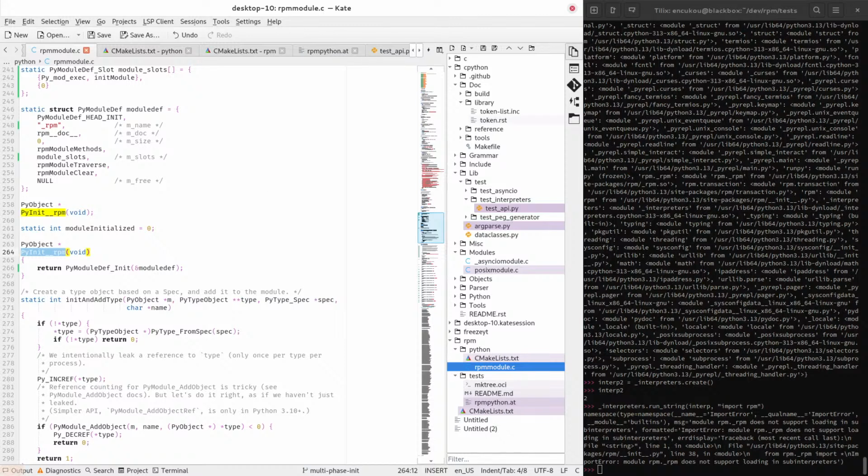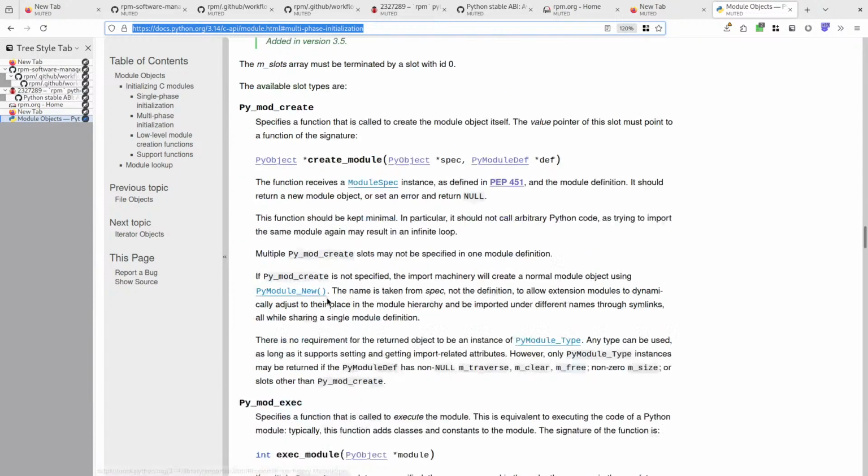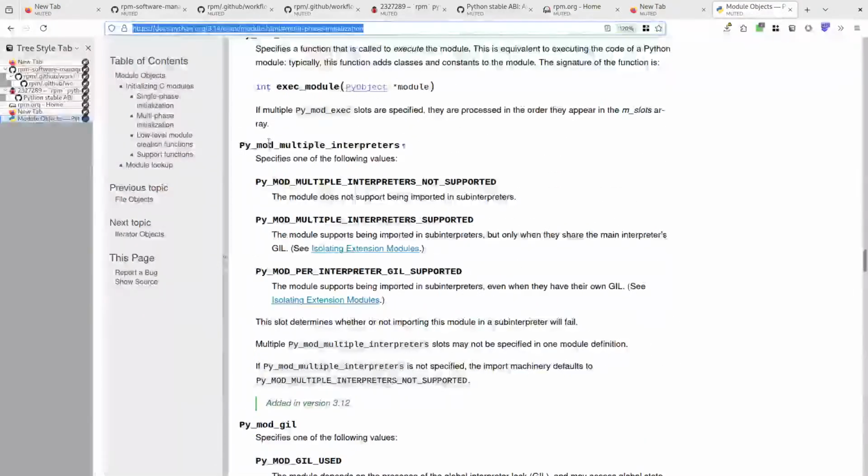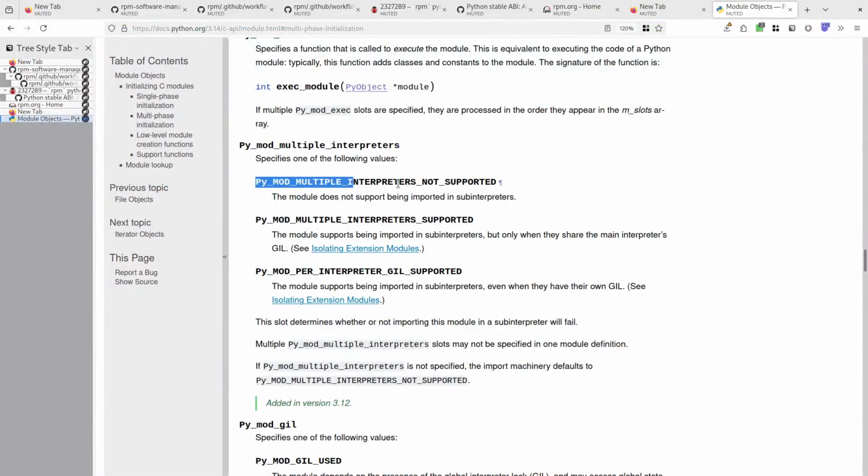So there's actually a slot for that. There's Py_mod_create, Py_mod_exec. There's also Py_mod_multiple_interpreters, which you set to one of these,